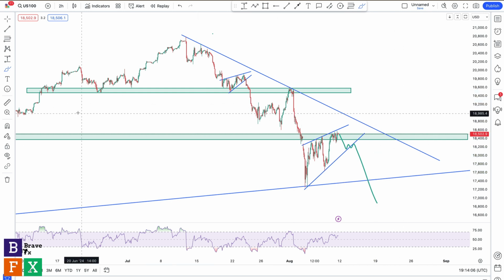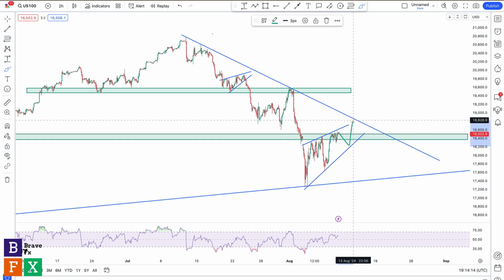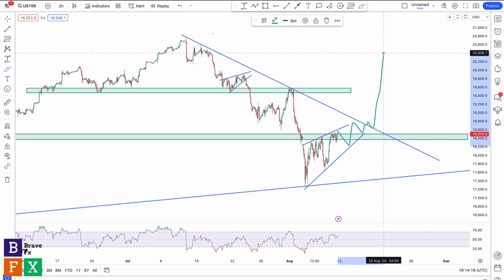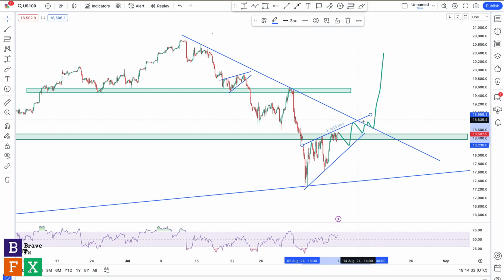So this is my bearish case scenario, my bullish case scenario for Nasdaq. So I'm going to repeat once more. For a bullish case scenario, we could see something like this: consolidation all the way up to this trend line, then eventually giving us a bullish breakout. So if this happens, we'll take out this trend line, we'll take out the resistance level of this bearish flag or ascending wedge or rising wedge, whatever you want to call it,